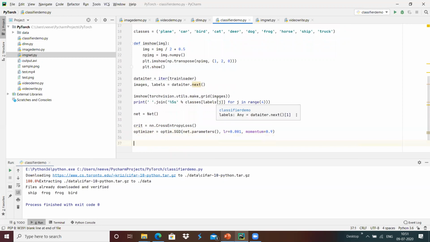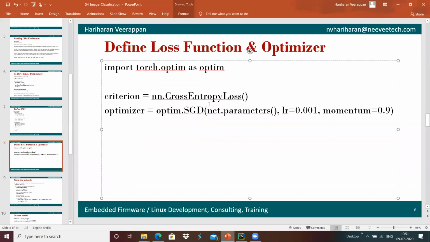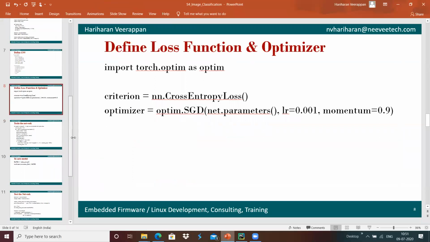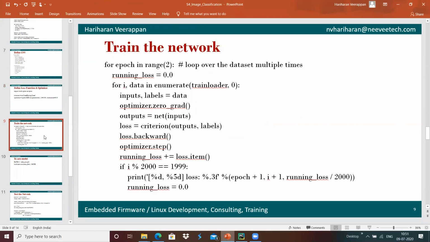Once that is done, we can do the training. How can we do the training? We have to load the data continuously from the train loader, calculate the loss, create the output, and continuously do the optimization in order to train the network.